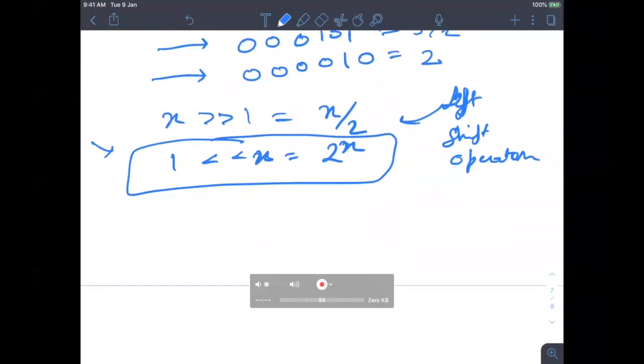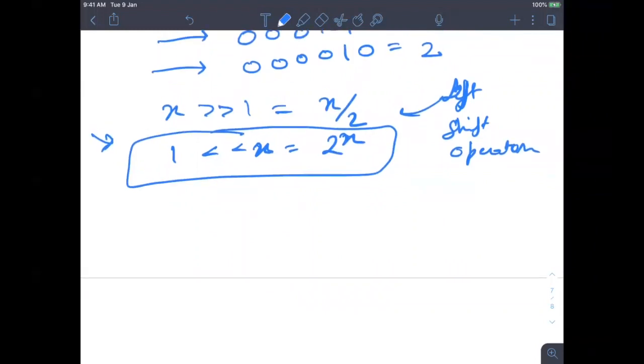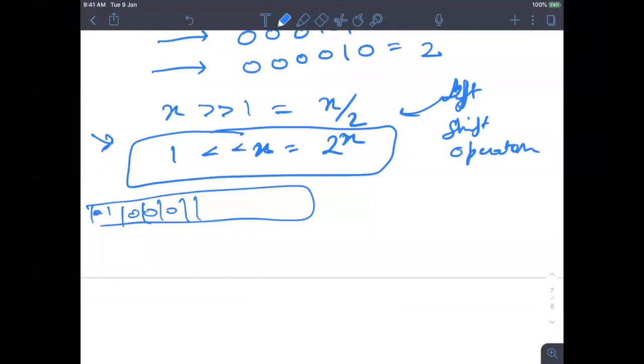And sir, what about the leftmost bit, the sign bit? What happens to the sign bit? I think it won't change. I'm not sure, but I don't think the sign bit will change. Ultimately the shifted bits will become 0, but the sign bit will not be used.